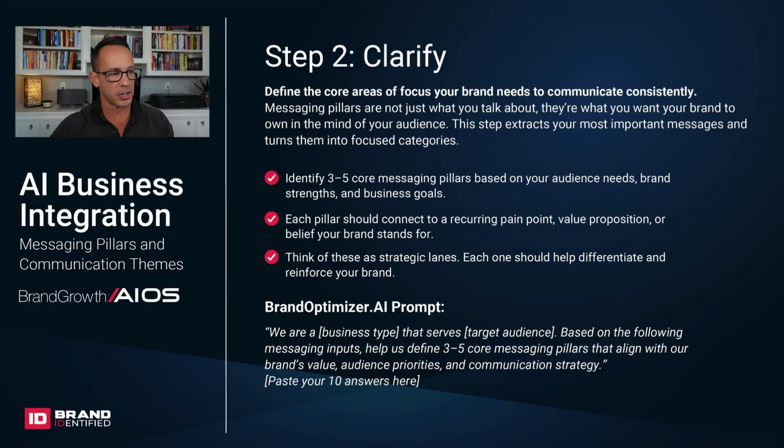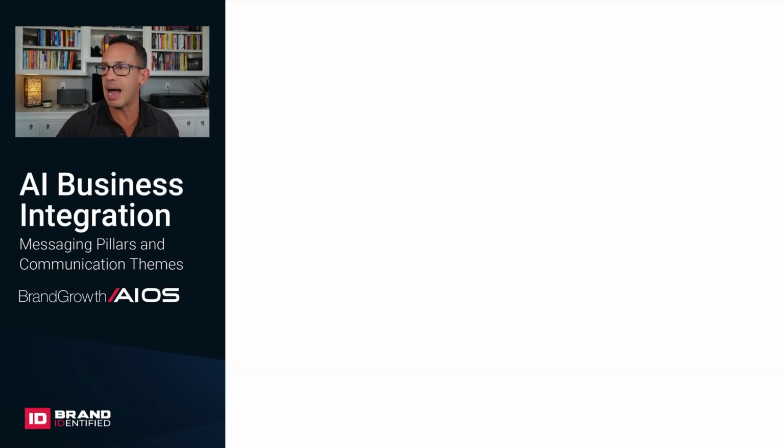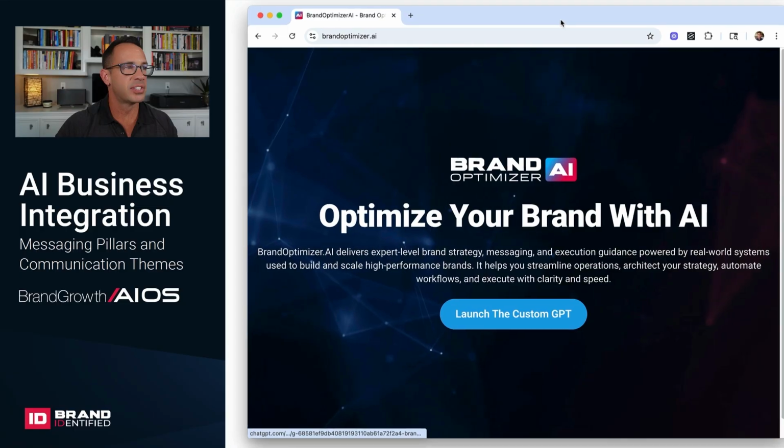So this first prompt here is, we are a, and then go ahead and put your business type in there, that serves target audience, so put your target audience in there. Now, based on the following messaging inputs, help us define 3 to 5 core messaging pillars that align with our brand's value, our audience priorities, and our communication strategy. So you're going to take that prompt, you're also going to add in those 10 questions with the answers to those 10 questions, and then you're going to go ahead and add that over into BrandOptimizer.AI, which is this custom